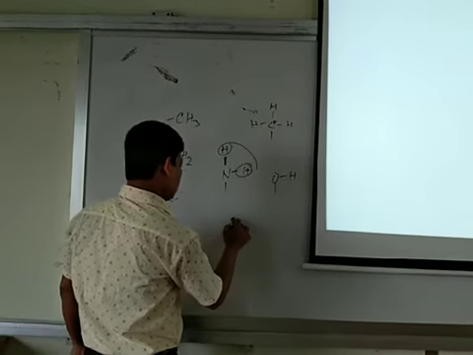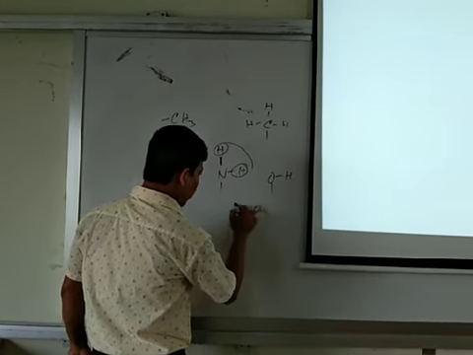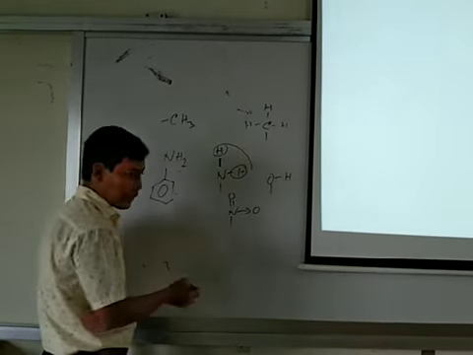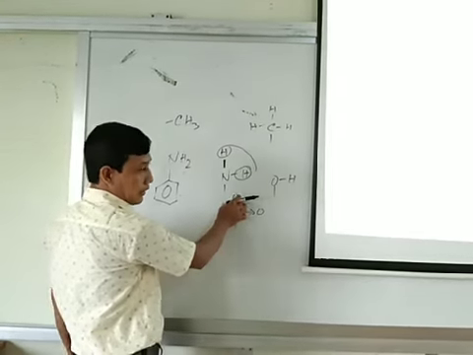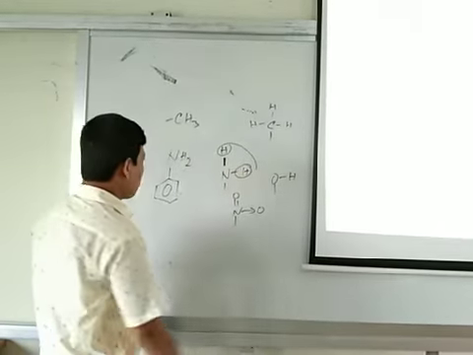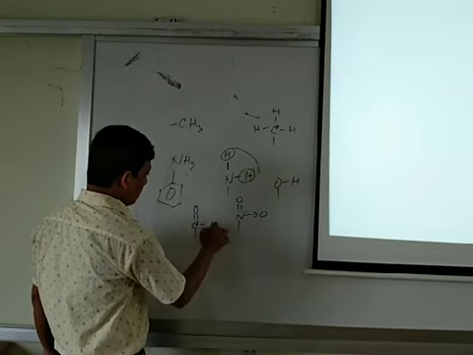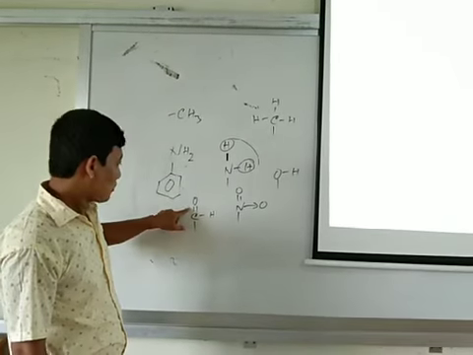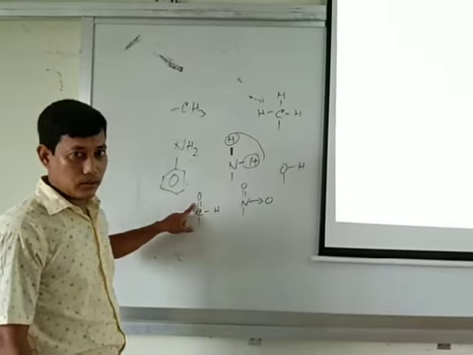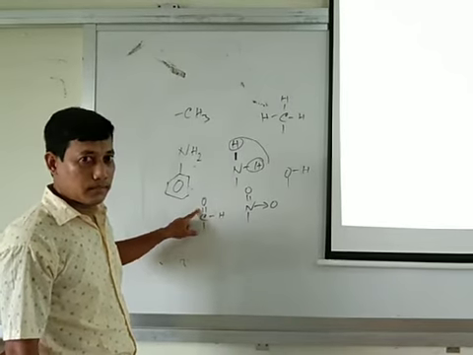Look at nitro. If we write down this structure, then we will see that there is a double bond between nitrogen and oxygen atom. So it will act as a meta indicator group. Another is aldehyde. There is a double bond between carbon and oxygen atom. So it will act as a meta indicator. This is the identification system.